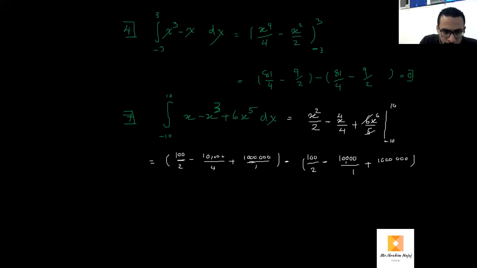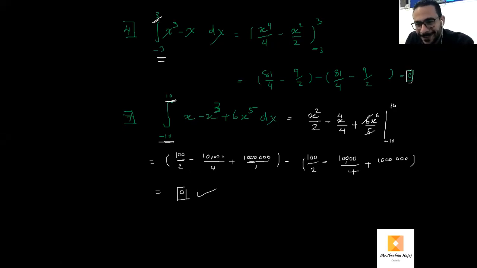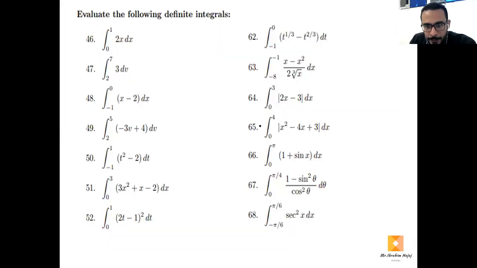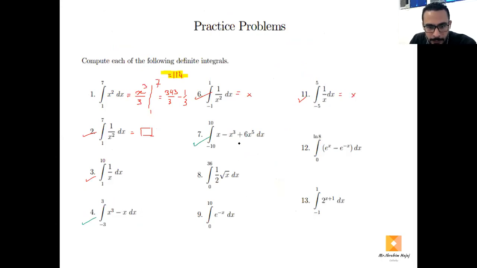So it's 0, right? Something minus itself is what? It's 0. So always, guys, when we have limits from -10 to 10 or from -3 to 3, that is a sign, right? But the answer is what? 0. Okay, thank you Rafi. This question was 7. Now,